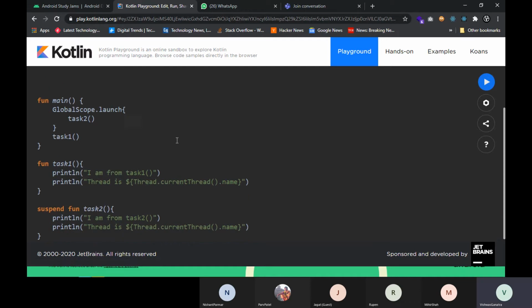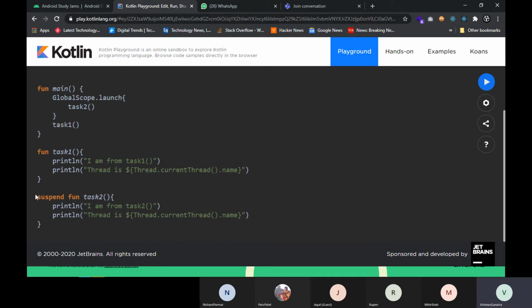In Kotlin coroutines, only a suspended function can be used, and a suspended function can also be called by another suspended function. Now we will execute the program.